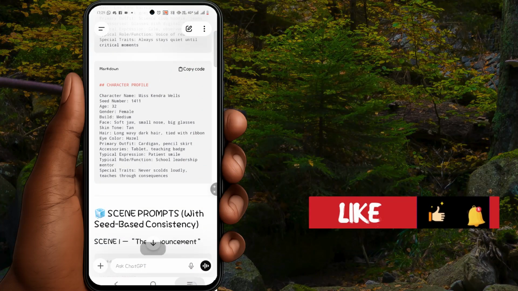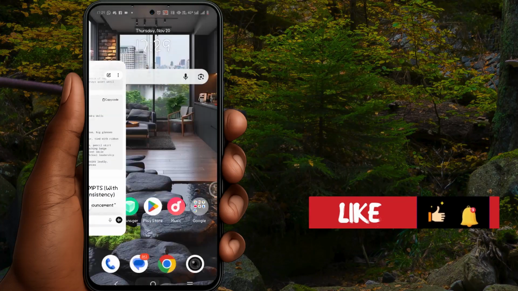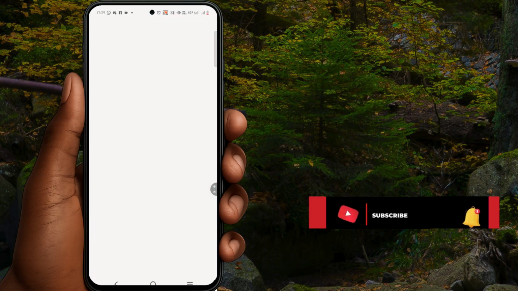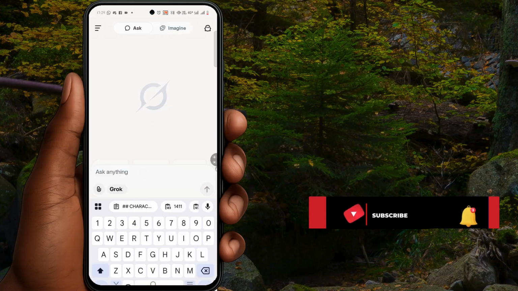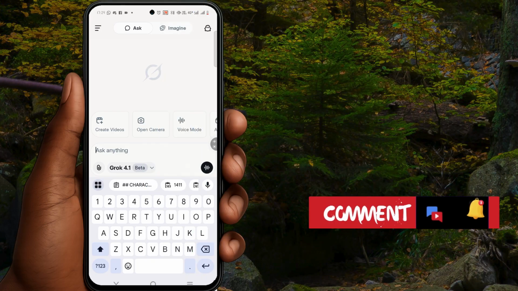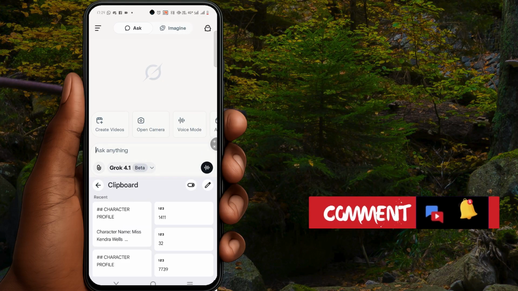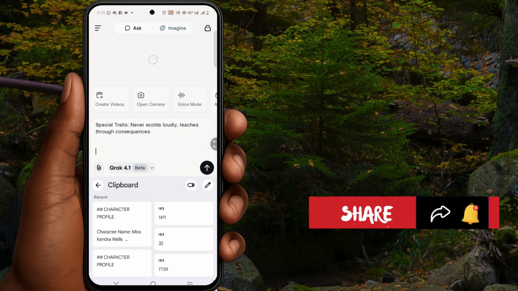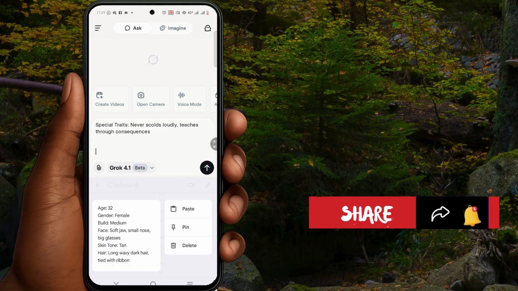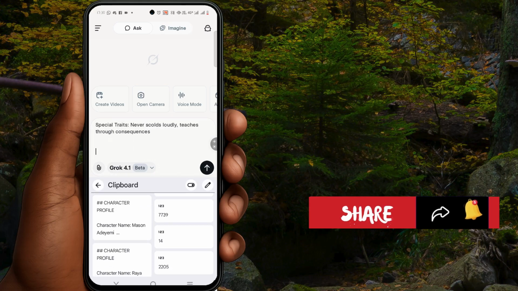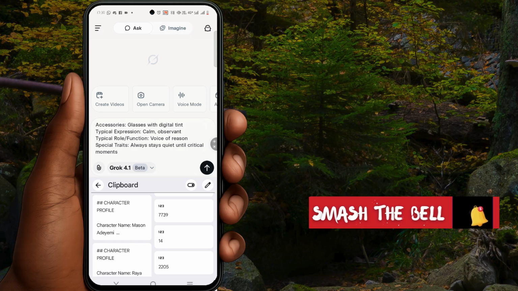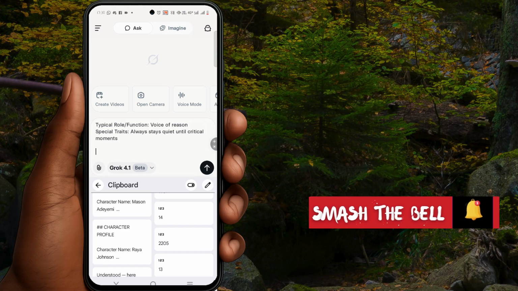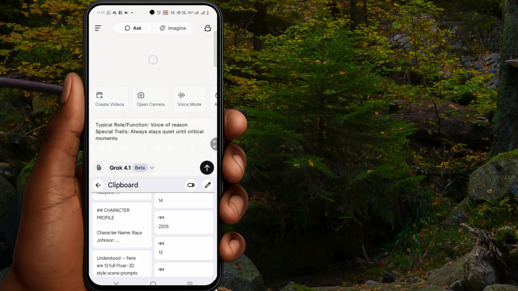So I'm going to take this over to, I'll go look for Grok. Grok is the AI I'll use in generating my images and my pictures. However, there's something I also need you to know. So I already know the people I'm looking out for. This is Miss Kendra. I'll place Miss Kendra. Enter. And then the next person I'm looking out for is Miss Adeyemi. Yes, I've gotten that one. Because I know there are three individuals, the next person I'll be looking out for is Raya Johnson.